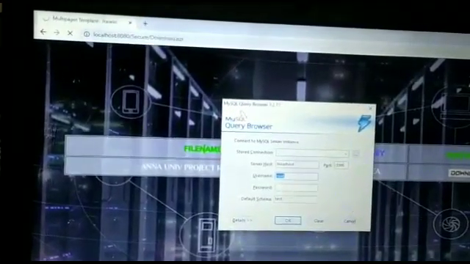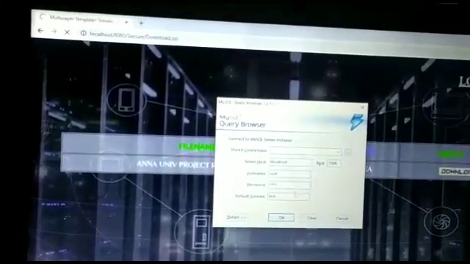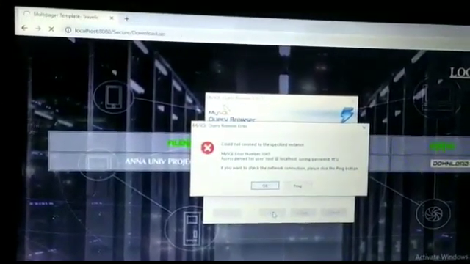Now it's asking for my username and password. After entering my username and password, I enter into it.